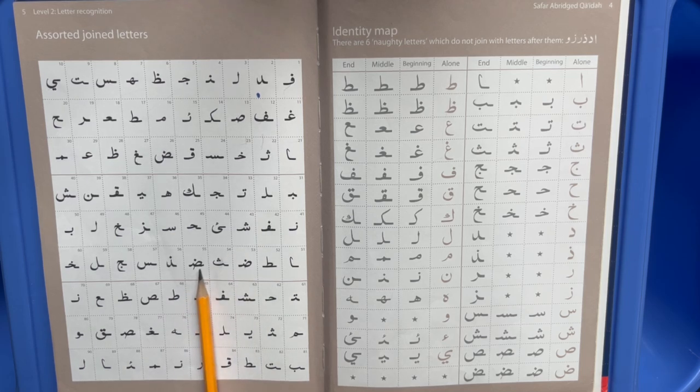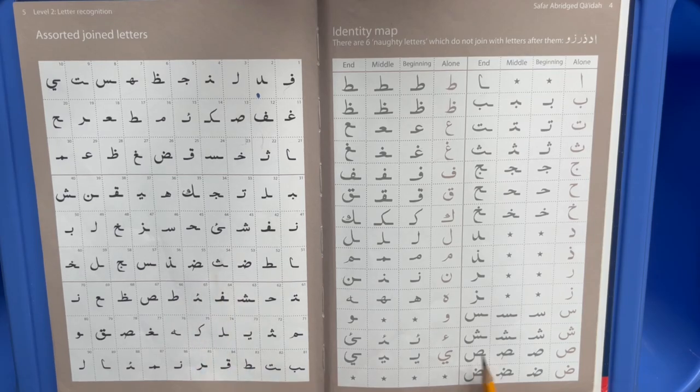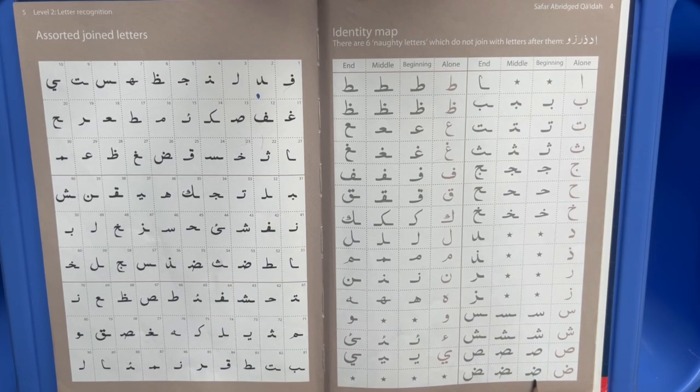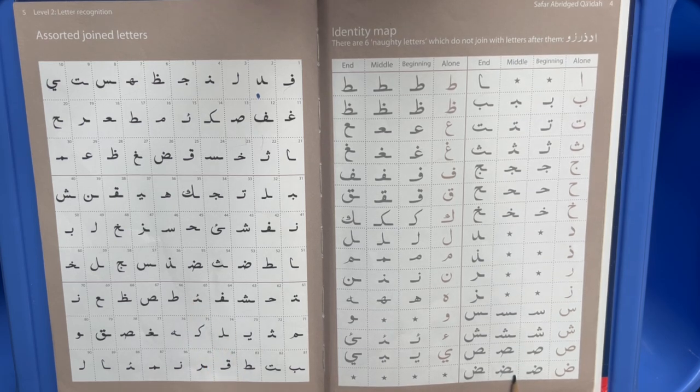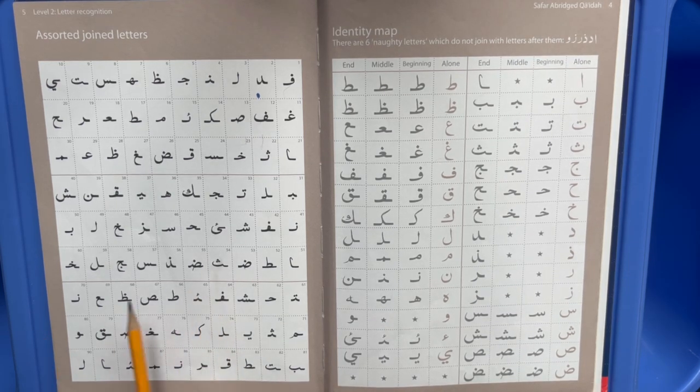Now we could possibly be confused here. Is this one dad at the beginning or is it dad in the middle? So we move across to dad and we see that because there's a line which comes before, this would be dad in the middle. Moving on, dhal at the end, sin at the end, jim at the end, lam at the end,